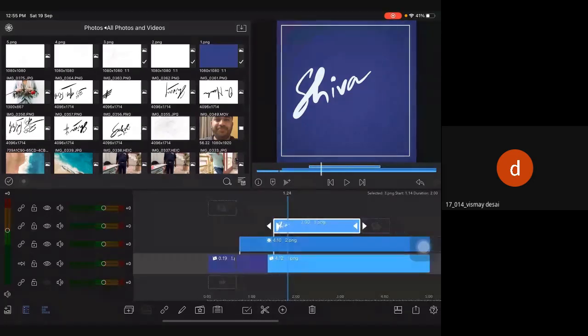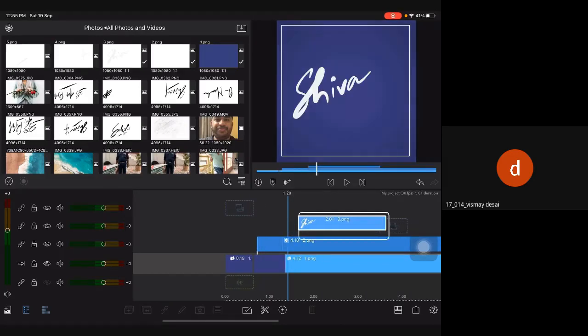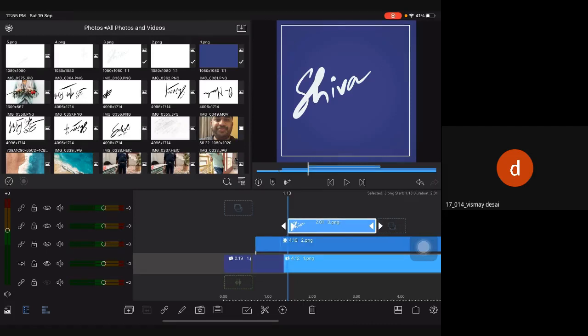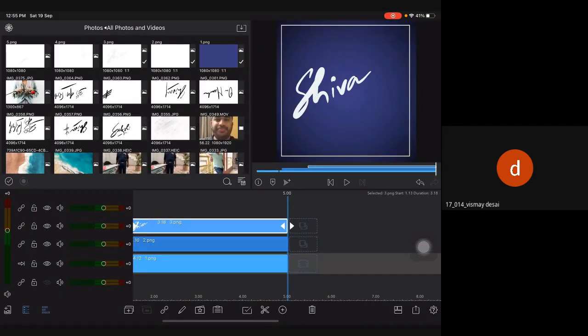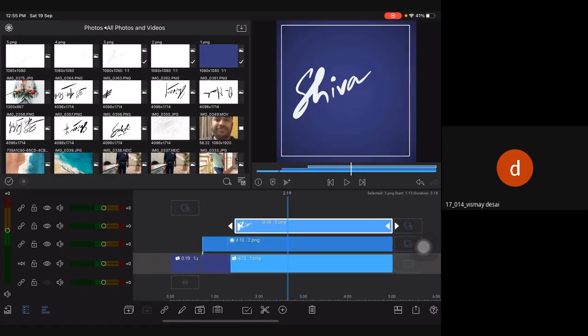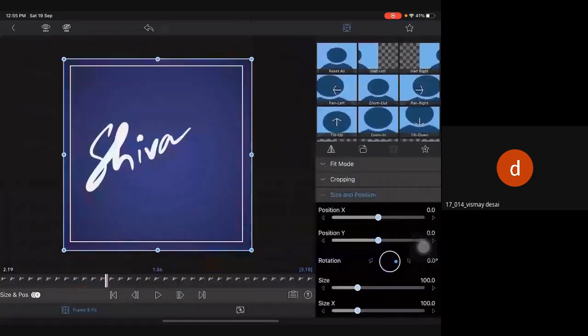See here it will get locked. So by clicking on this you can make it unlock and you can move it wherever you want to move. So as you can see here, your frame will get set. So after this point you can put your layer, stretch it till the end. Okay, nice.